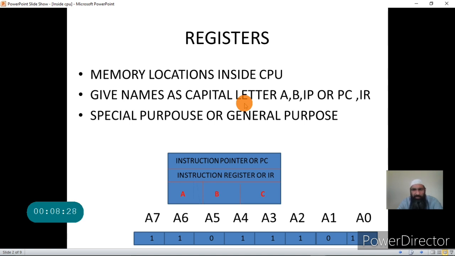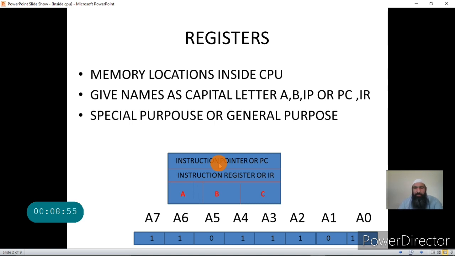These registers are given names as capital letters, like register A, B, register called IP or instruction pointer, that is also called program counter. Then we have another register called IR. These are the main registers I'll be handling in this lecture.